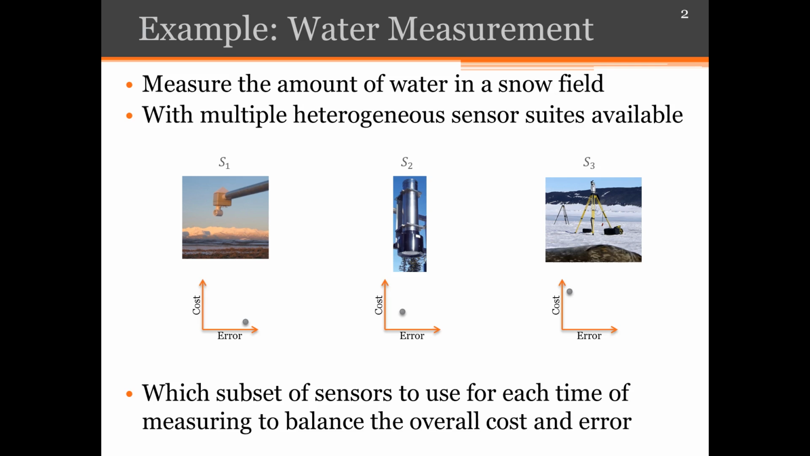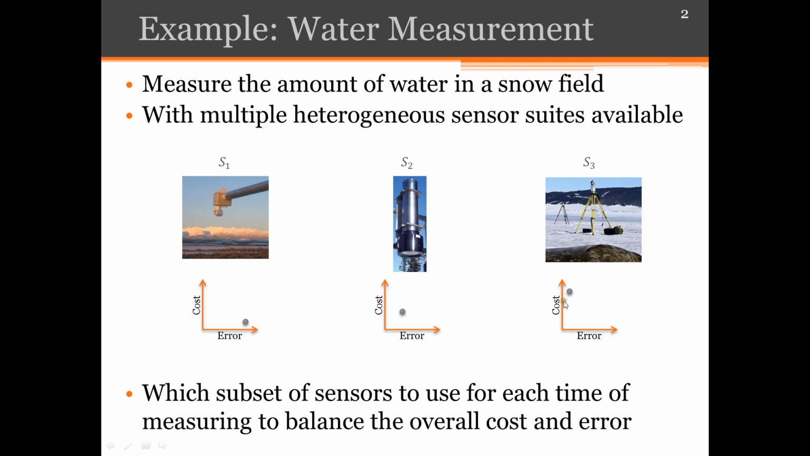Suppose we want to measure the amount of water in a snowy field once a day for a whole year, and we have three sensors available. Sensor 1 is a sonar that measures depth of the snow at a single point. So the error is high, but it's pretty cheap. Sensor 2 is a gamma ray detector that measures water content at a single point, so the error is a little better, but the cost is higher. And sensor 3 is a LiDAR that is able to generate 3D sensor profiles, so it's pretty accurate, but the